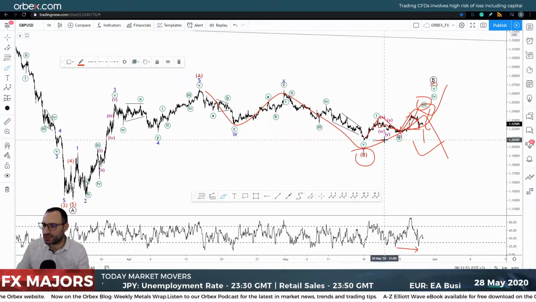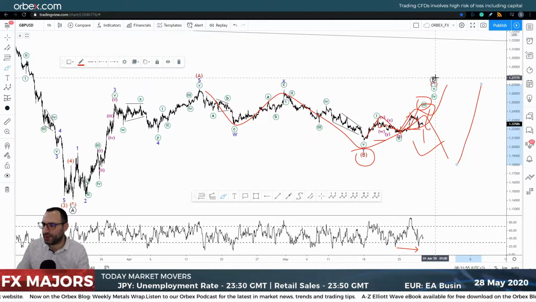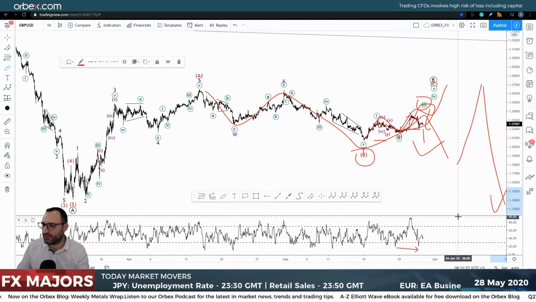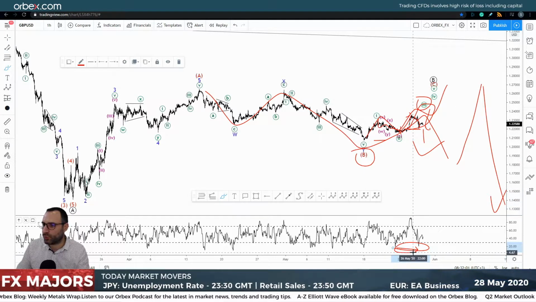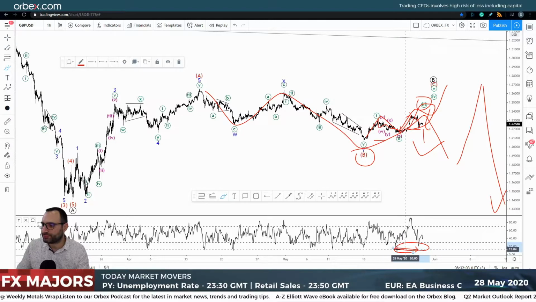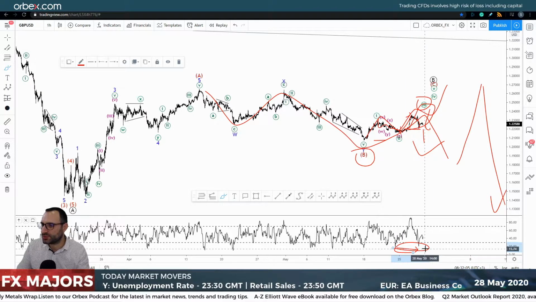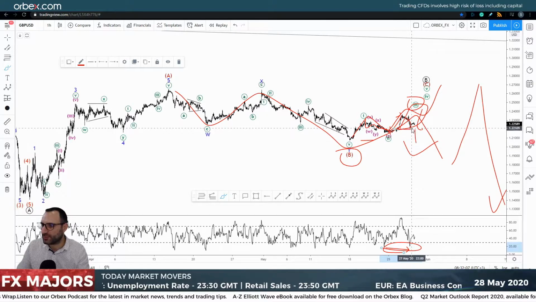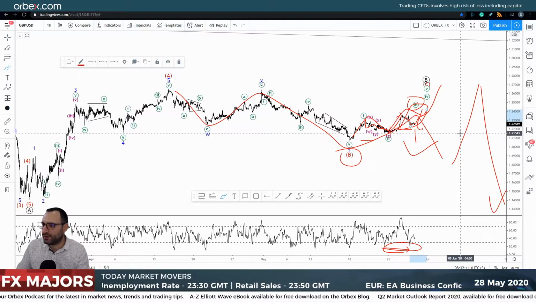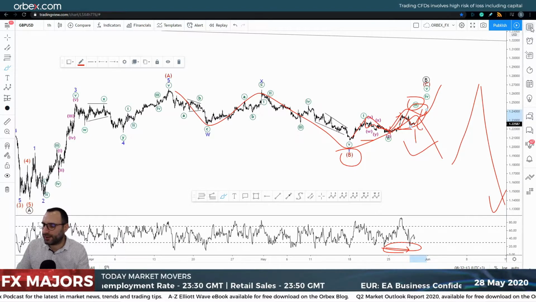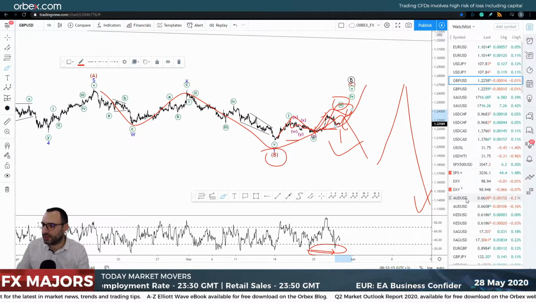This is what I see on pound. And then we are going to get wave B, obviously, over here, and then another move to the downside, right? This signal is what I'm really looking at the moment, because it seems to suggest that there's going to be another move to the upside. We've had this 1, 2, and 3, 4, and 5 is very likely. And on the Aussie,